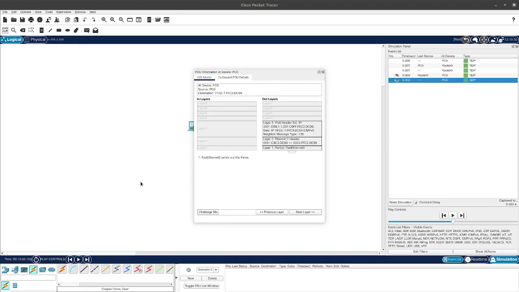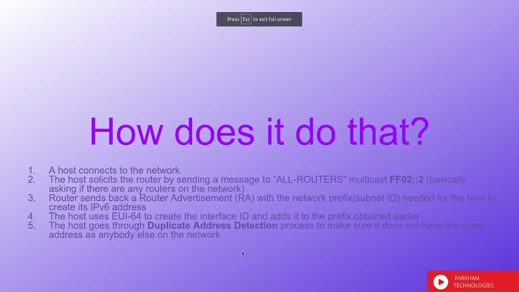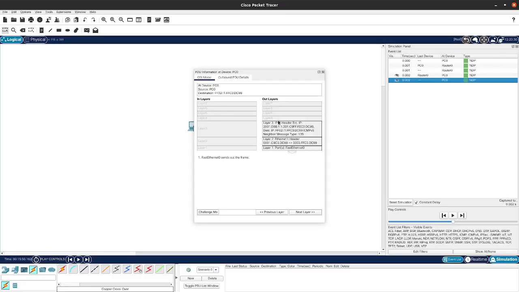So this is something actually that's interesting. So now I guess this is the part that I was speaking about, because I haven't actually seen this before, right? Because I'm also new to this. So I guess this is where, right, it's going through this process right here, the duplicate address detection. And the reason why I'm saying that is because it's sending a neighbor solicitation for the target IPv6 address, which is